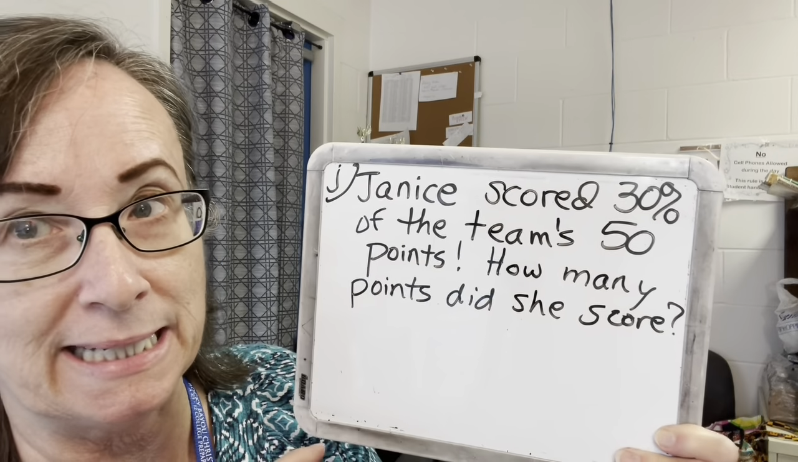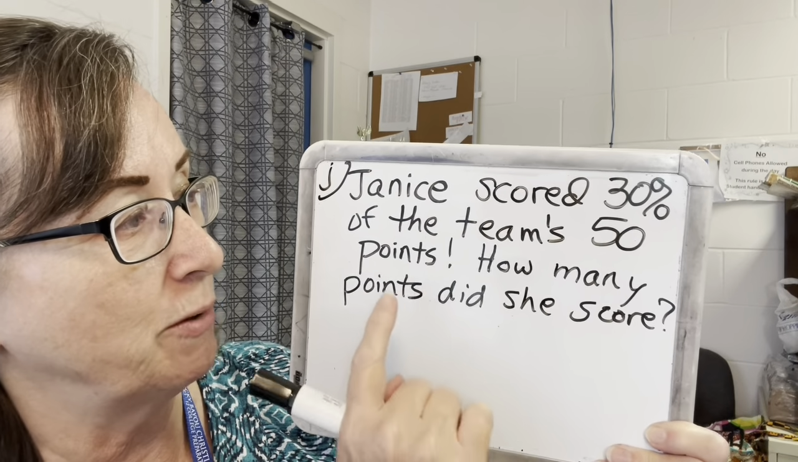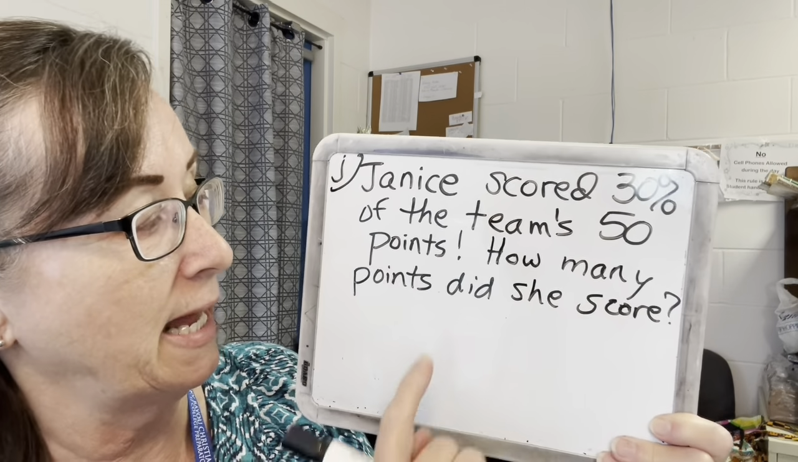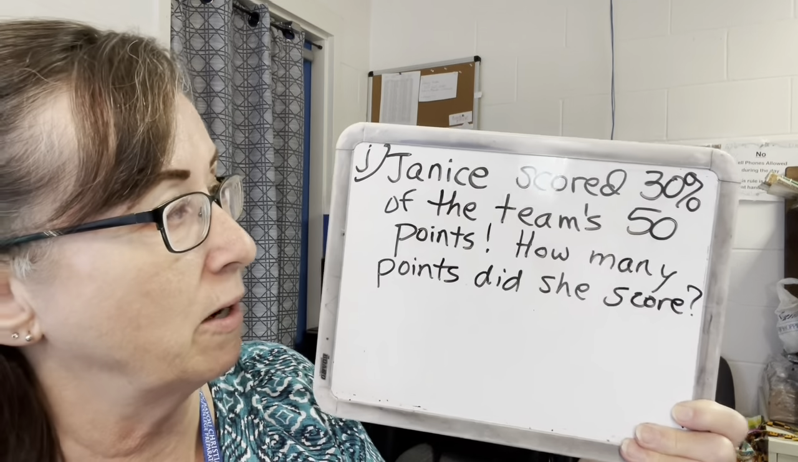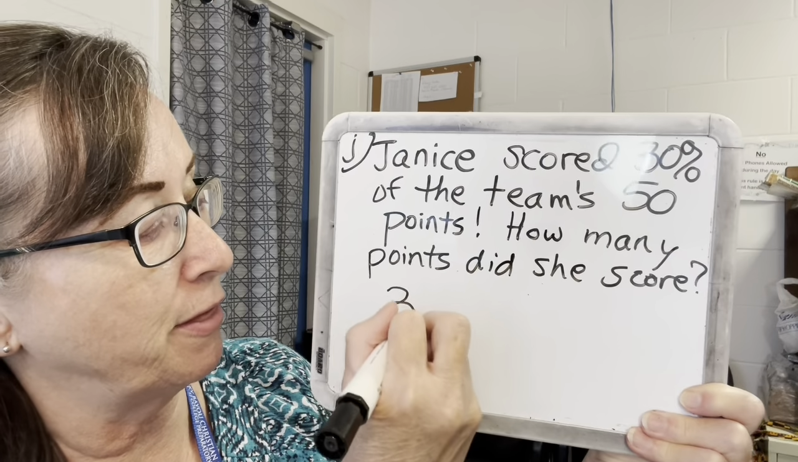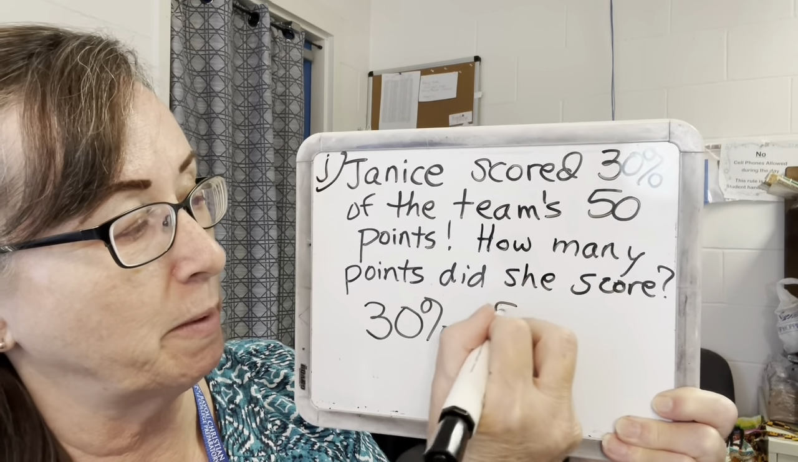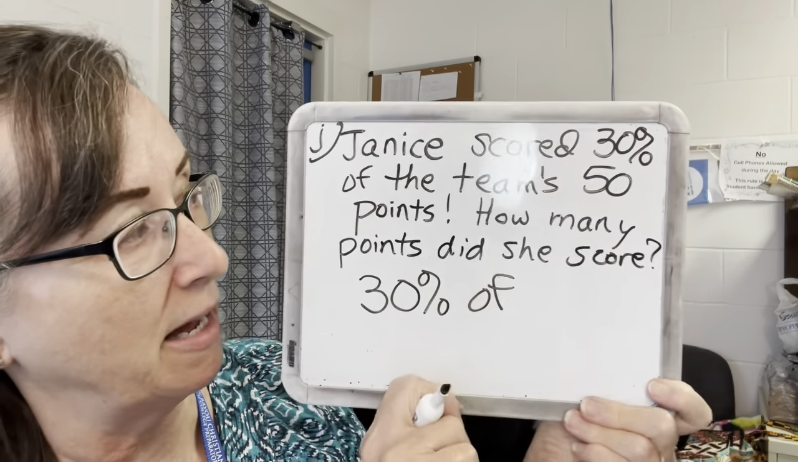Okay, this is our last practice problem, and we're about to start our written set. Janice scored 30% of the team's 50 points. Okay, so the team made 50 points and Janice scored 30% of those. How many points did she score? Okay, so we're looking for 30% of, remember, of always means times